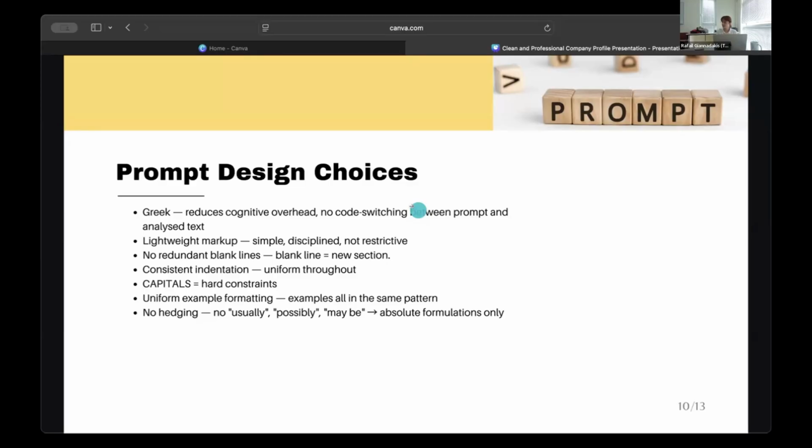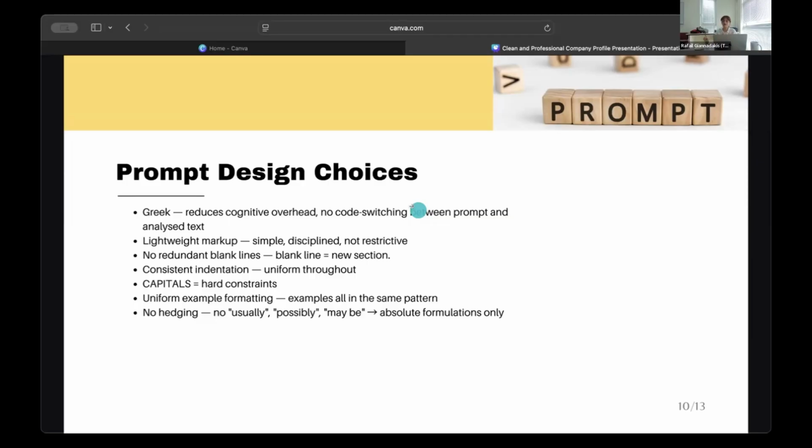The markup is lightweight, like loose HTML. No unnecessary blank lines, no blank lines actually, because blank lines signal a new section, the end of something. And it's not good to the eye. It's not very good aesthetically, the final prompt. And the capitals, when we need the model to treat something as a hard constraint, we use